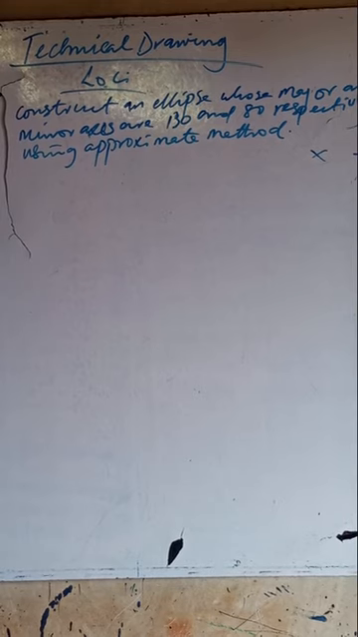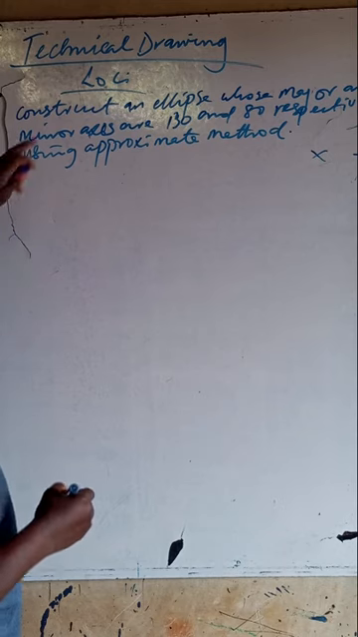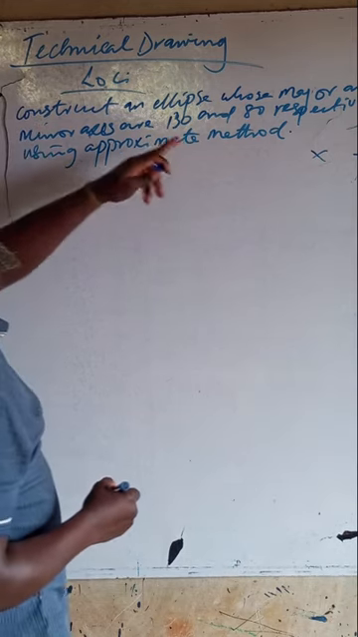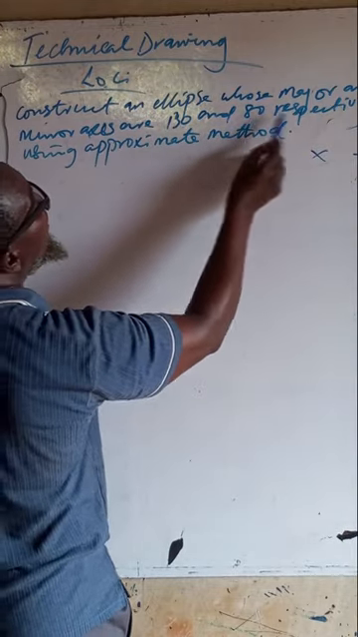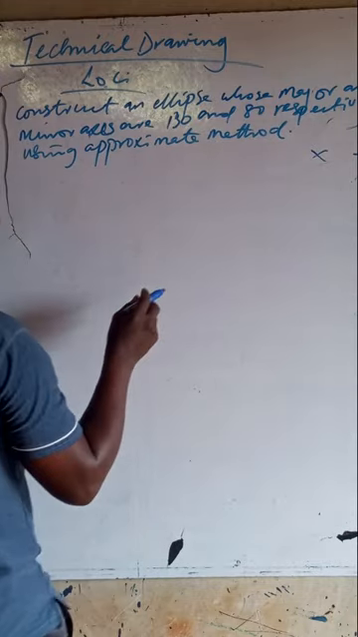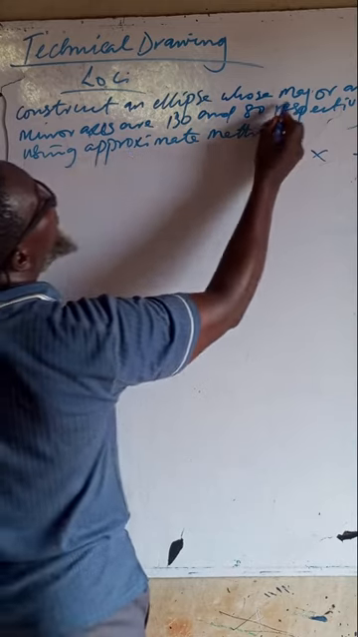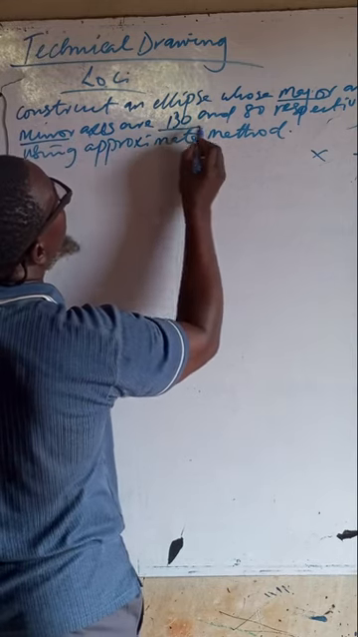Today, we'll be solving a question on loci. We have to construct an ellipse whose major and minor axes are 130 and 80 respectively, using the approximate method. When they are given respectively, we have major first, followed by minor, meaning that the first one is major and the